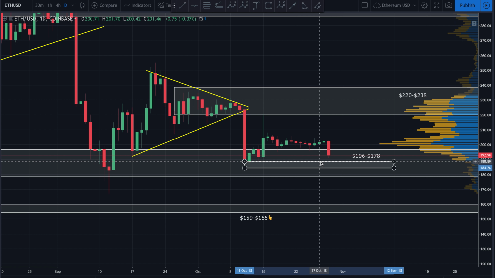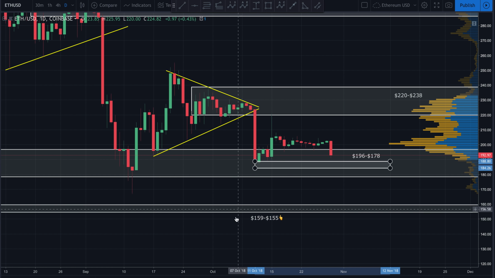So I would actually stack buy orders between 188 all the way down to about 178 if you're looking to enter into a position on Ethereum. But knowing that if we do end up breaking below this 177 zone, I would even allow for a wick here, so call it about 175, somewhere thereabouts. If we do break below that, I'd have a very tight stop loss, because more than likely we're coming down to this 159 to 155 area right down here.